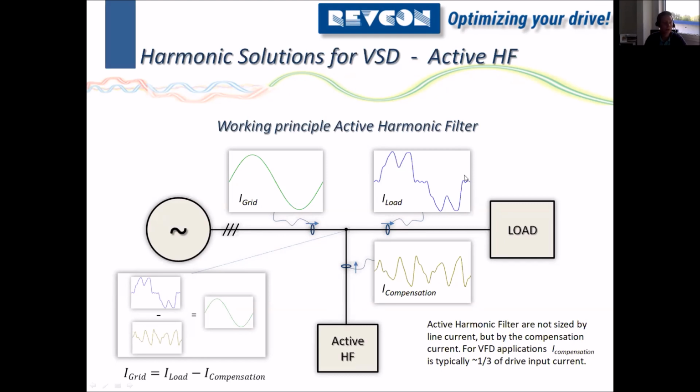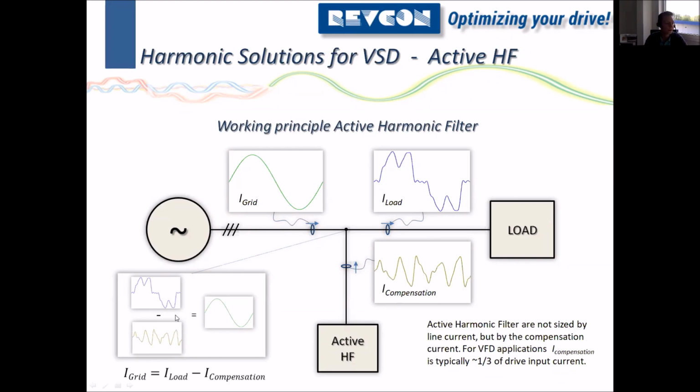However, I wanted to explain to you the principle of the active filter. Looking at this load current, the blue one, we can see this typical camelback current waveform. So what we do is we inject harmonics from the active filter into this point. And that means if we add up the blue one and this gold current,